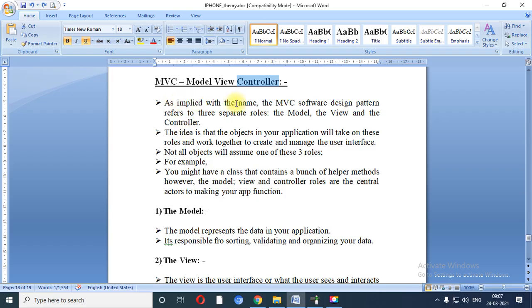As implied by the name, the MVC software design pattern refers to 3 separate roles: the model, the view and the controller. The idea is that objects in your application will take on these roles and work together to create and manage the user interface. So your task is divided.